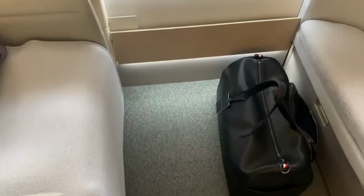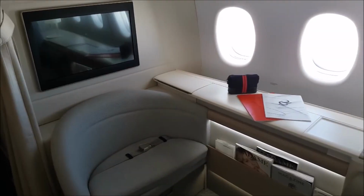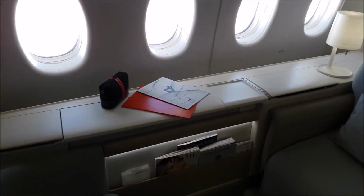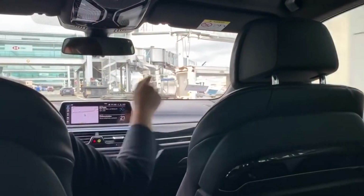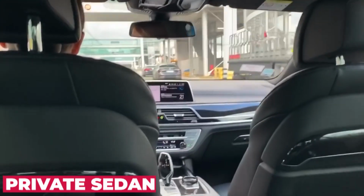There are definitely first-class cabins with larger footprints and a lot more bling, but Air France's first class is the epitome of sophistication. There's high thread count bedding, the most professional and efficient crew, and teams on the ground tasked with ensuring that every step of the journey is flawless. One example? Each passenger enjoys a private sedan ride from the lounge directly to their plane,